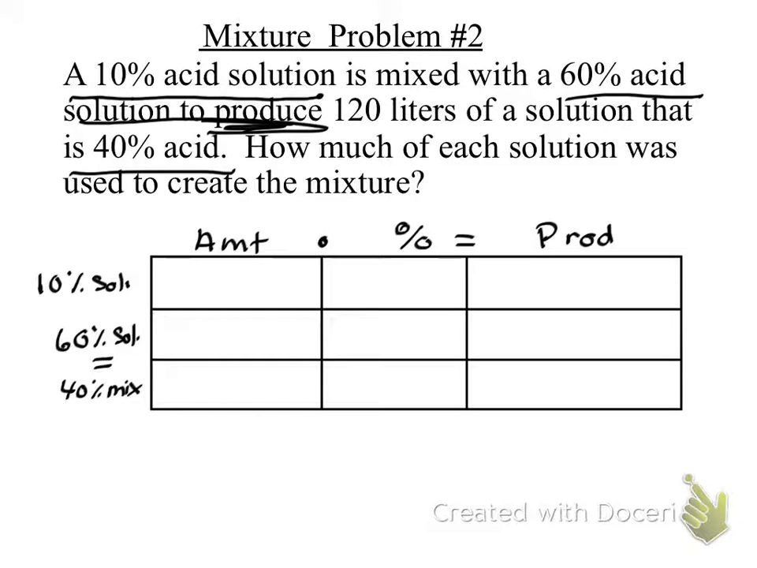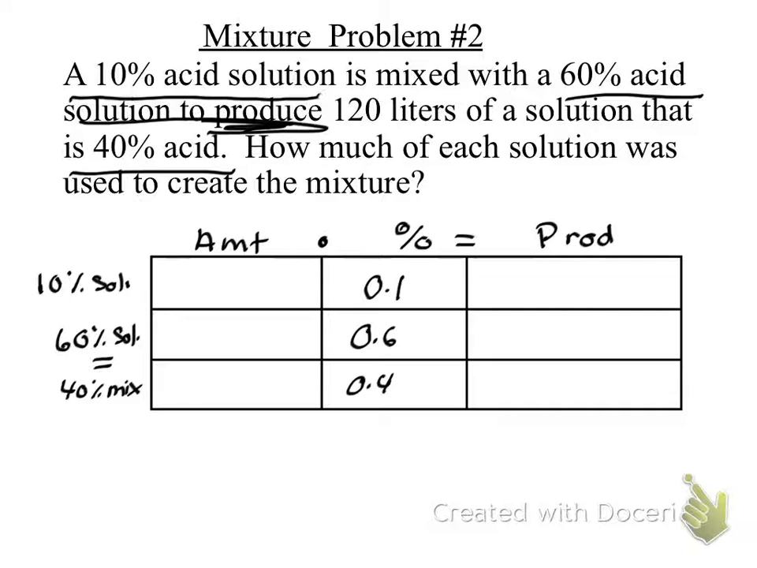Okay? What decimal goes in here? 0 and 1/10. What decimal goes in here? 0 and 6/10. And what decimal goes in here? 0 and 4/10. Good. Okay. Now,